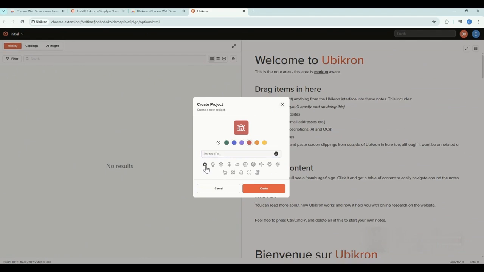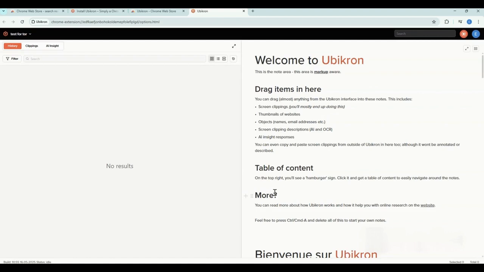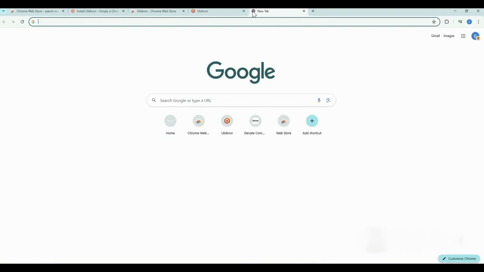There we go. Let's change the icon. And we have a new case created. So there's a history and there's a clippings tab there. We'll just take